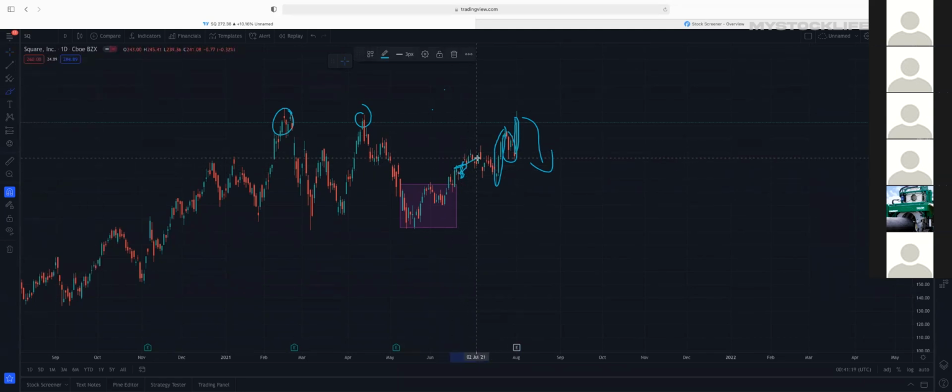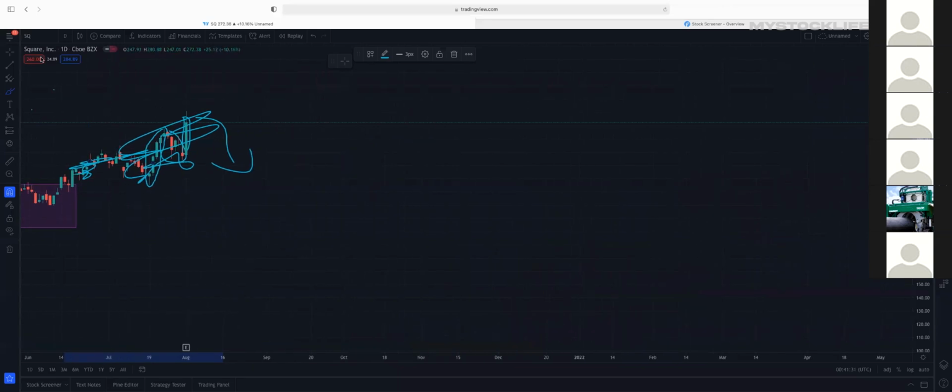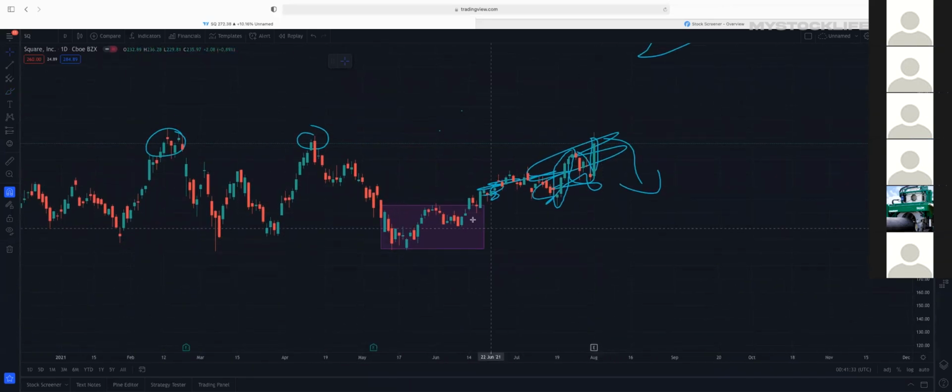Ignore all these candles right here, just ignore them. So let's pretend like we're watching the price action right here. Now here, it bounced off support. In the middle, to play this is very hard. We don't know what's going to happen. If you catch this here, it goes up, fine, you will make money. But what you need to understand here is, you don't want to get stuck in this chop right here. If you get stuck in this chop, you're going to lose money likely on your puts and your calls, unless